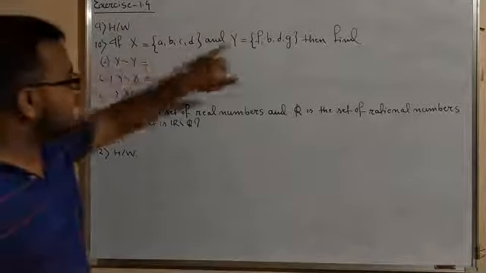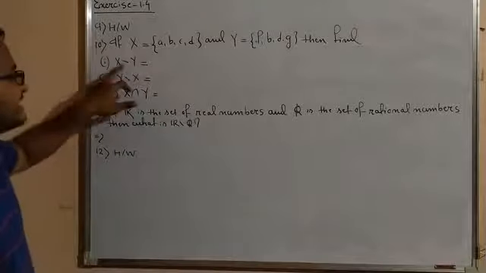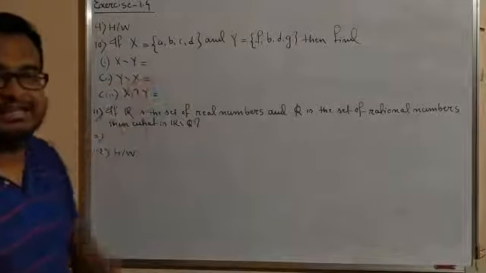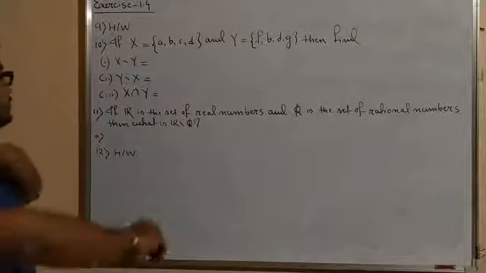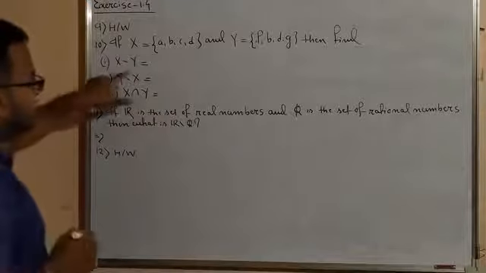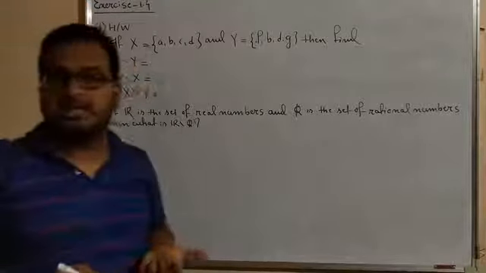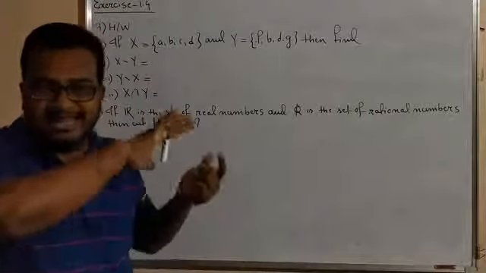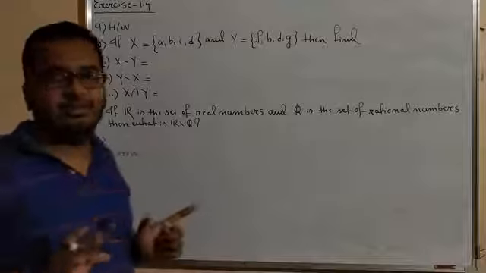Two sets are there, X and Y. First of all I have to find X difference Y, right? So the meaning of X difference Y I have already discussed in my previous lectures. So do watch these lectures again. So what do you mean by X difference Y? You have to find the common elements between X and Y and remove the common elements from the set X and write the resultant elements, right?